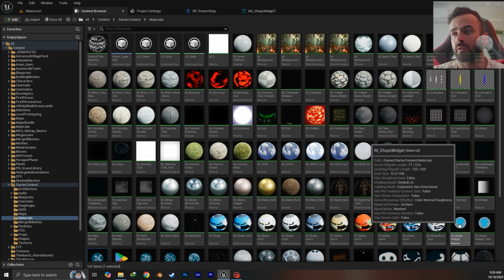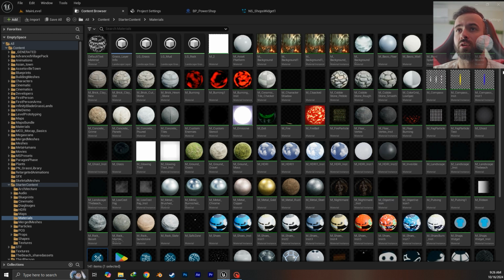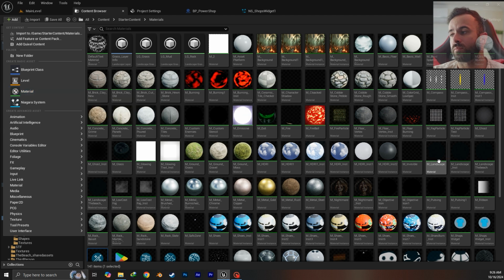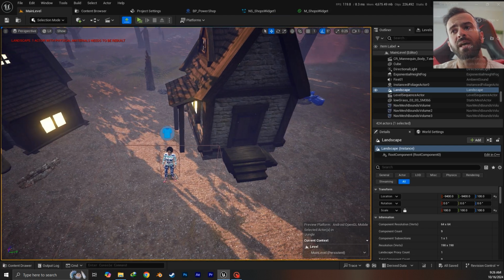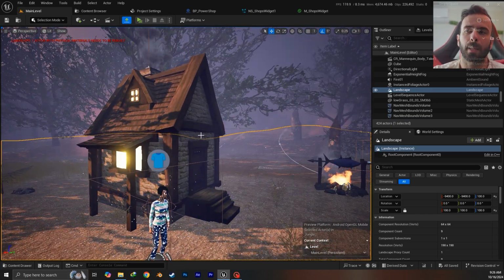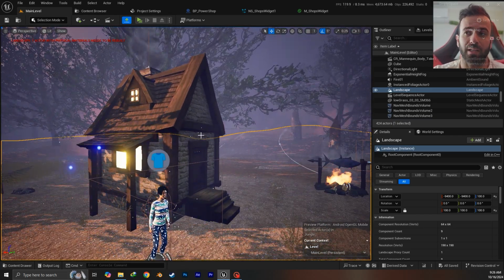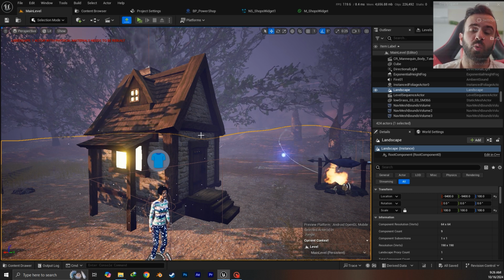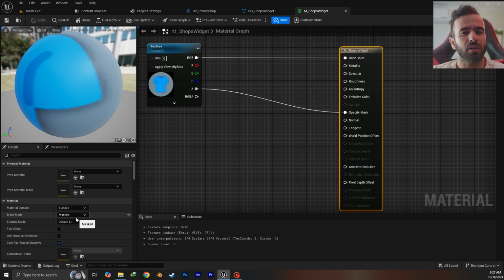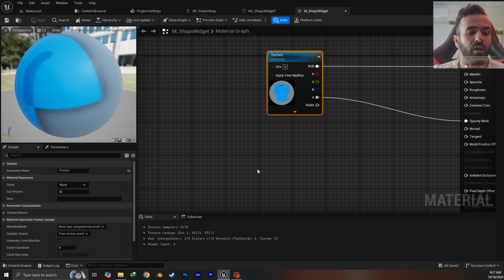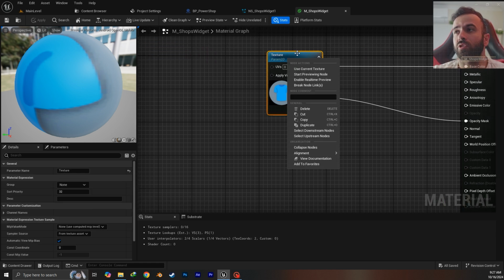So for me, you have to just right click material or add material, whatever you want to do, and then come in here. I'm using it as a lit material because if it's unlit, I have to add an emissive to it. I didn't want it just a mask material. It's not so heavy. I tested the performance on mobile and it wasn't that bad. This is my texture. I just right clicked on it and made sure it's just a texture